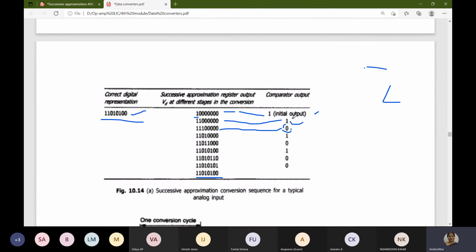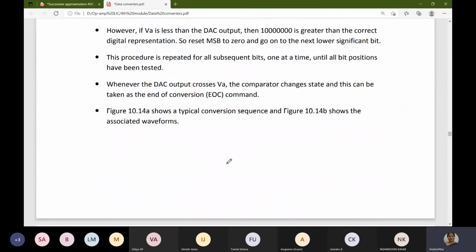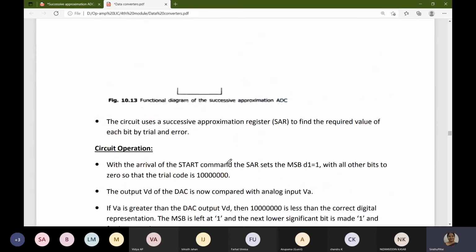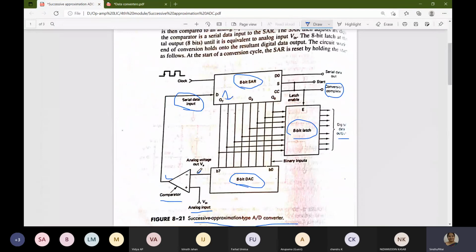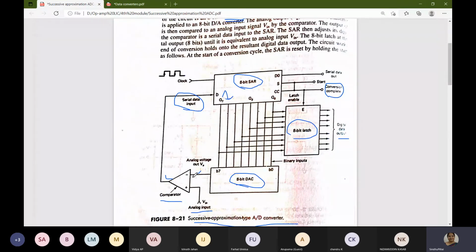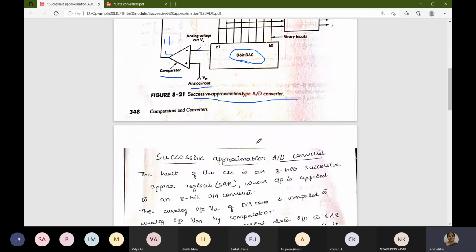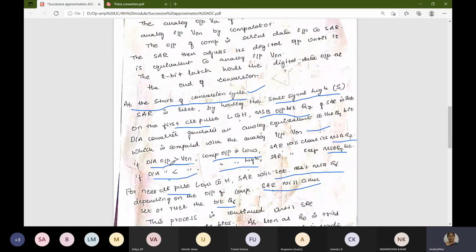When will the output of the comparator be 1, and when will it be 0? Once again, I will show when it will be 1 and when it will be 0. Whenever the DAC output is larger, that is at the inverting terminal, the output is low. Whenever our input Vin is high, that is at the non-inverting terminal, the output is high. When Vin is high, the output is high. When DAC is high, the output is low. Just by seeing the terminals, you can tell. DAC output greater than Vin, comparator output is low. DAC output less than Vin, comparator output is high.